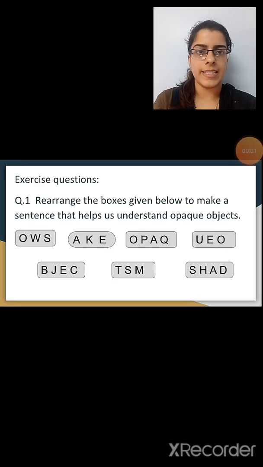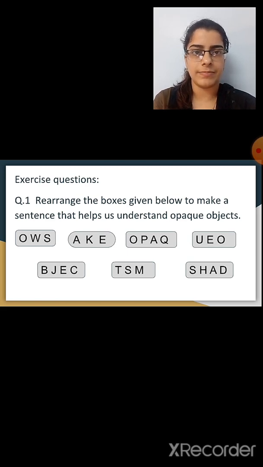So now let us start with the exercise questions. Let's see question number 1. Rearrange the boxes given below to make the sentence that helps us understand opaque objects. So we have to rearrange the boxes to see what sentence can be formed for the opaque object. Try to make the sentence.